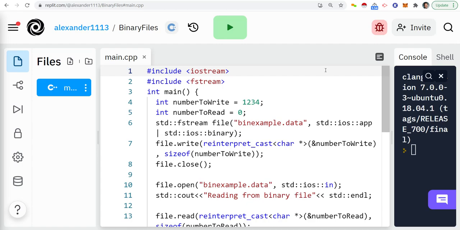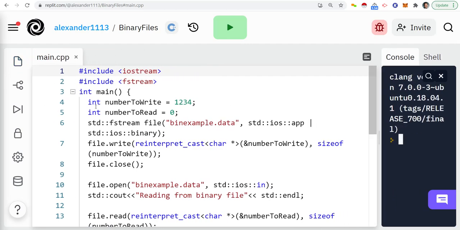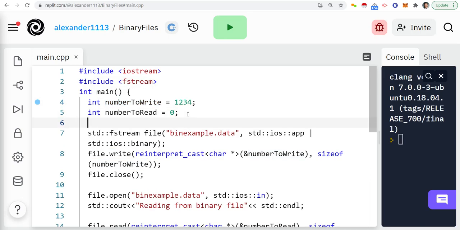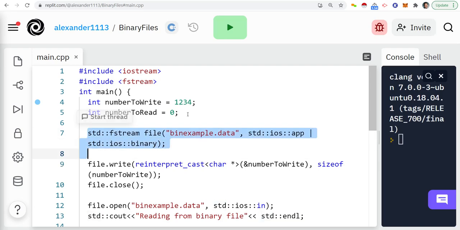We're going to continue writing binary files, okay, binary data. So a couple steps here that you need to take. I'm just going to simply write a number that's an integer data type. That's the first step. The second step is we're going to create a file variable, and we are going to